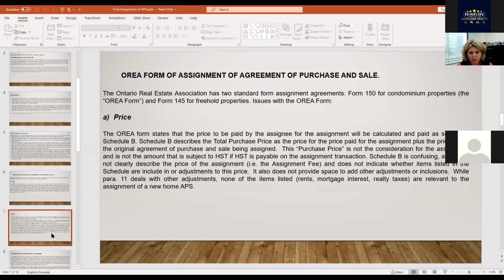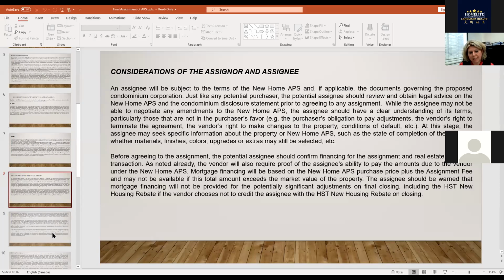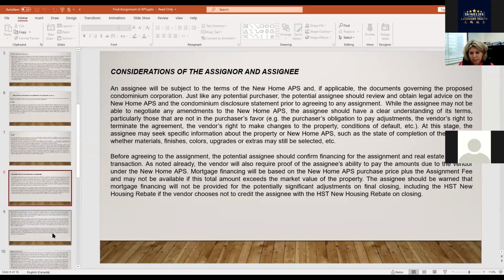Then I go back to my presentation, and we already faced the problem of HST. I told you already how it works. HST on the assignment fee shall be paid by the assignor, the original buyer, and the HST rebate on the final purchase price should be paid at the closing date by the assignee. It's important that the assignee shall know the exact terms of the original agreement of purchase and sale. So I already explained to you, it's better in Schedule A that you write within 5 business days, the assignor shall provide the assignee